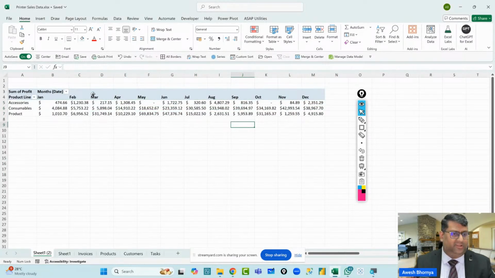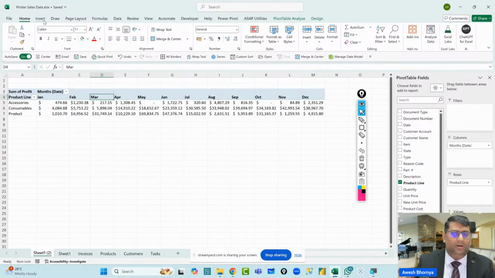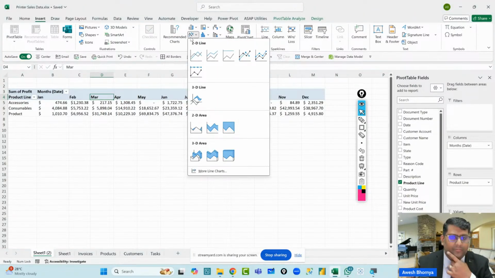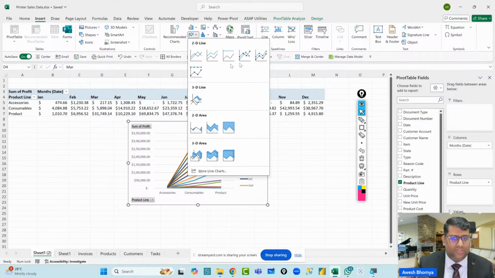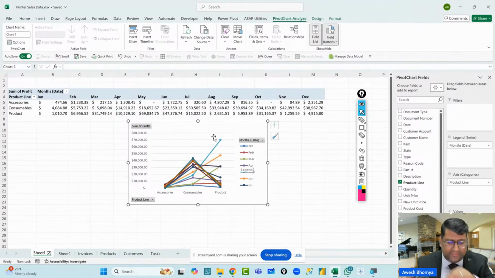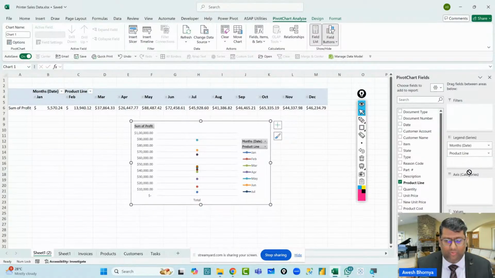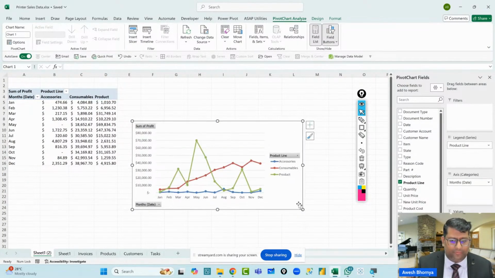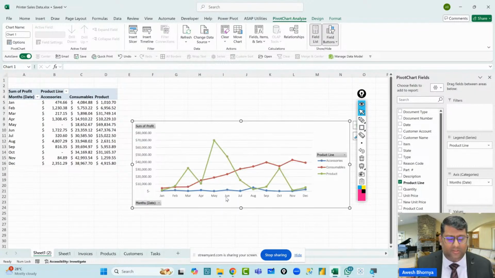Now, once you've got this, you can go ahead and create a pivot chart by clicking on insert. Then you go to the recommended chart section, or maybe you could just go to a line chart over here. And in the line chart, when I actually look at the data, you can see line with markers. Now, the question here is that I want this to be the opposite. So I move my axis to the legend and I move the legend to the axis. This time around, you can see that there is some sort of a setup where you can see the difference.